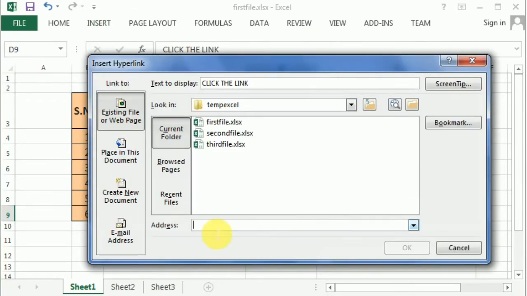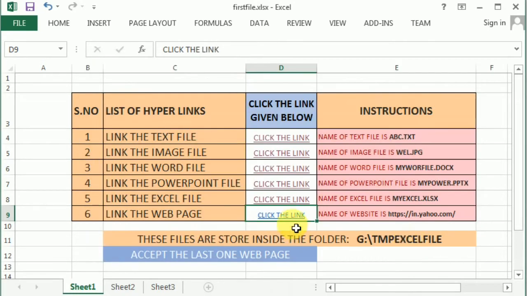There is an address bar. I can select from here the Browse the Web option also, but I'm going to write it here. I can paste whatever hyperlink I need, https://in.yahoo.com. When I click OK, the same thing happens: it becomes a hyperlink. When I click it, it will open in.yahoo.com. The Yahoo site is going to open.